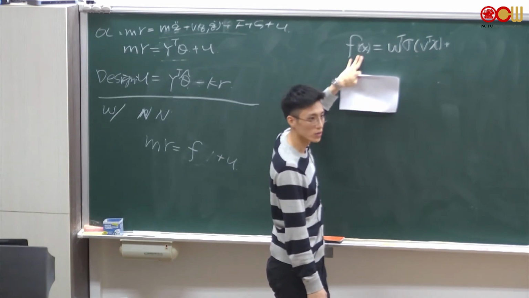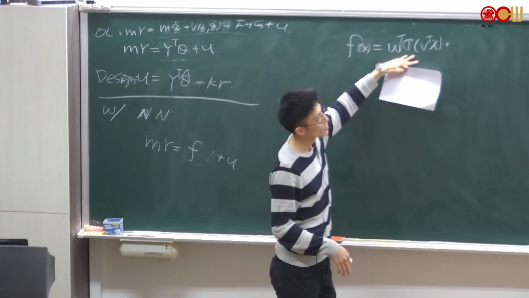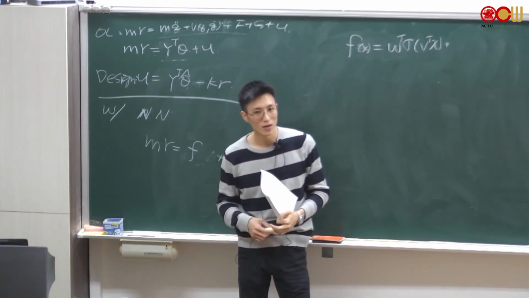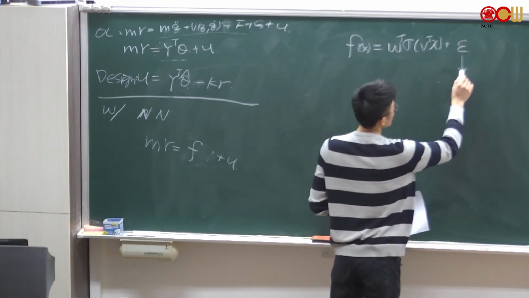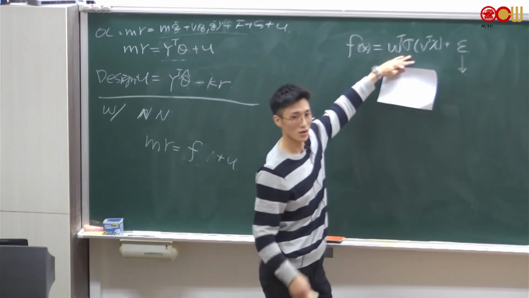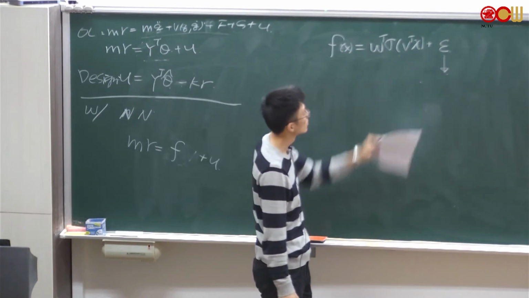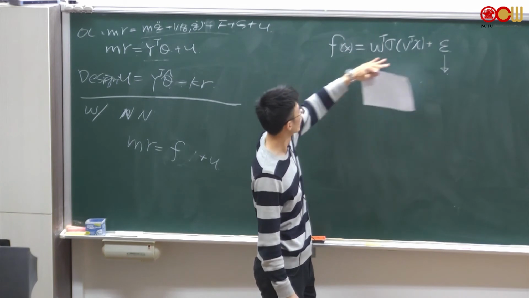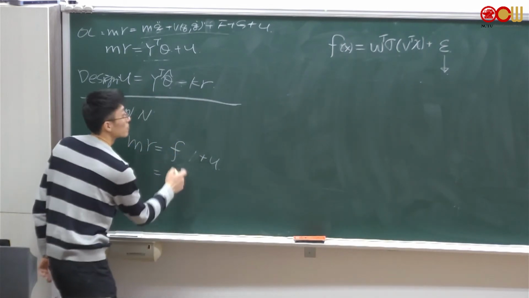But remember, as we said last time, the neural network cannot truly represent the function. It can only approximate the function, with some error. And this error can be reduced by increasing the number of neurons or the number of hidden layers in this neural network. So you cannot truly use the neural network to replace the function. You can only approximate. Now we can replace f by